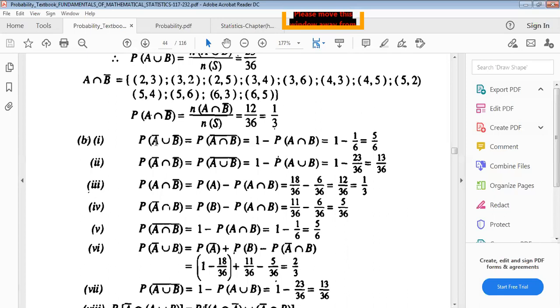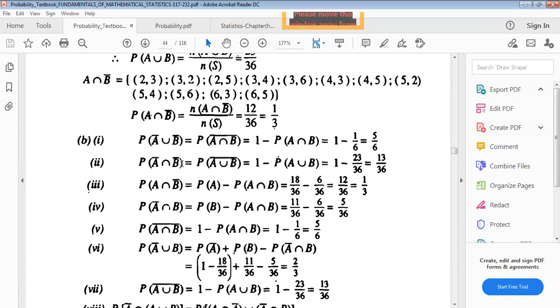Now in another section, probability of A complement union B complement. That means not A happens, or not B happens. That means probability of the complement of A intersection B altogether equals 1 minus probability of A intersection B. We have found A intersection B equals 1 by 6. That means 1 minus 1 by 6 equals 5 by 6. In a similar case, we use